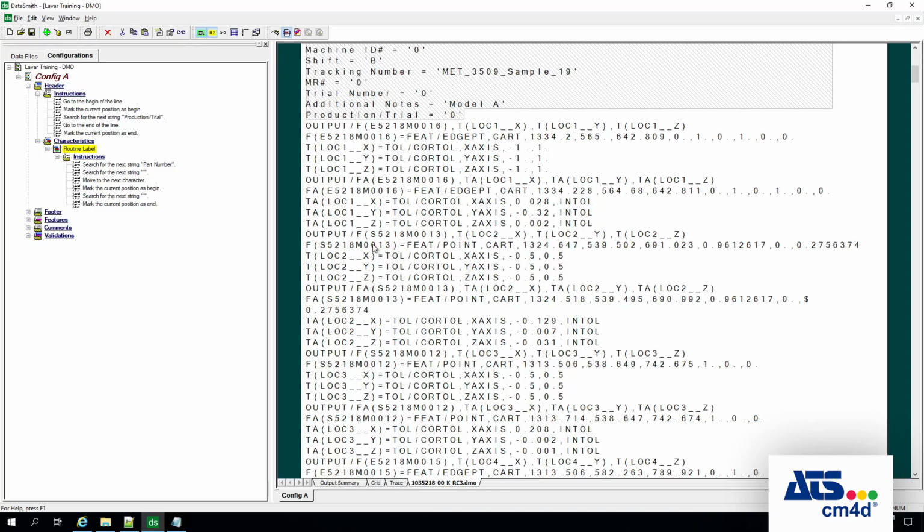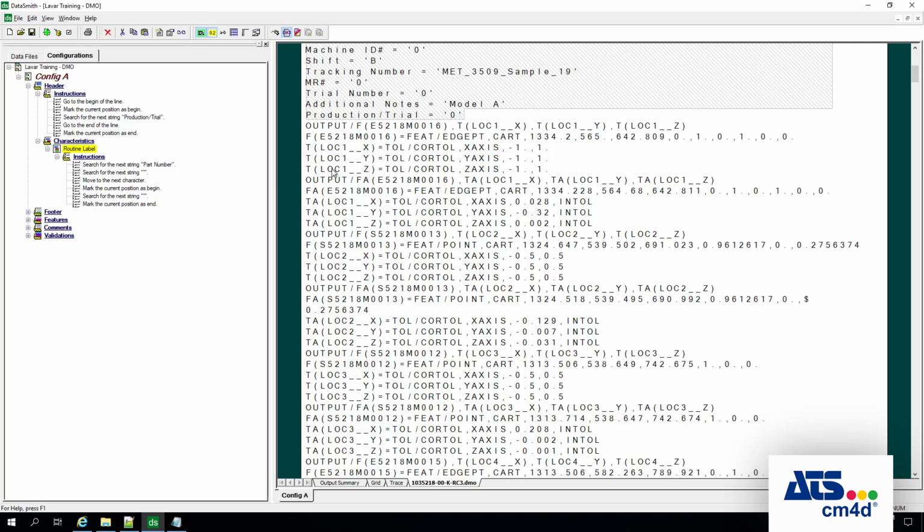So looking at the file format, it looks like we have output/F, then nominal data, and then the next time we see something like that is here for this other point, output/F, a new point name or feature name, then there's nominal information, tolerances. So it seems like the beginning for every location where there's a new nominal information for a feature starts with F and then parenthesis the feature name, and